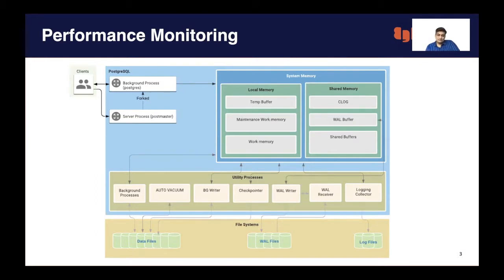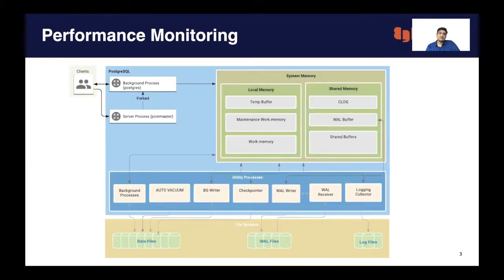Then there are the utility processes. Apart from the background processes used to serve the client, Postgres also uses other processes to do certain operations. For example, background worker processes allow query processing to run in parallel.